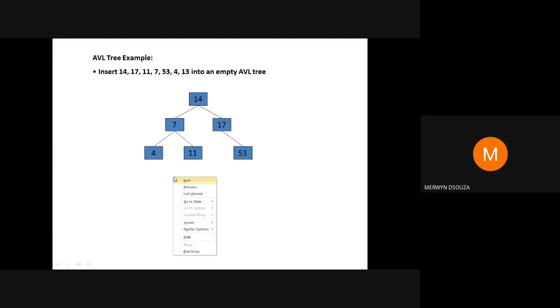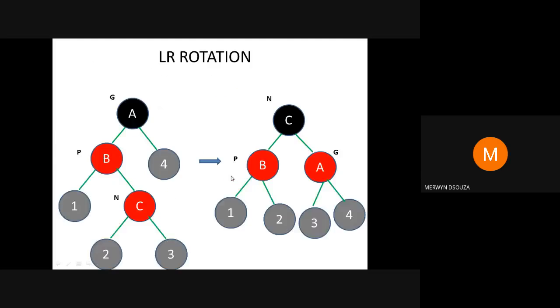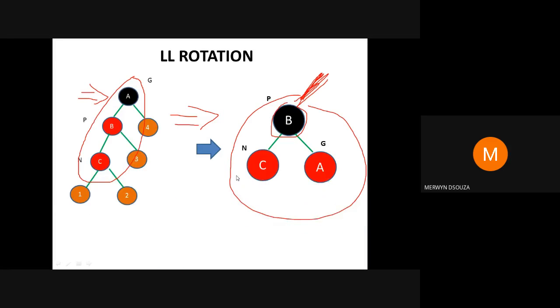So basically your B comes here, just like this rotation that we have here. B will come as the root, A will come as the right, and C will come as the left. Okay, so